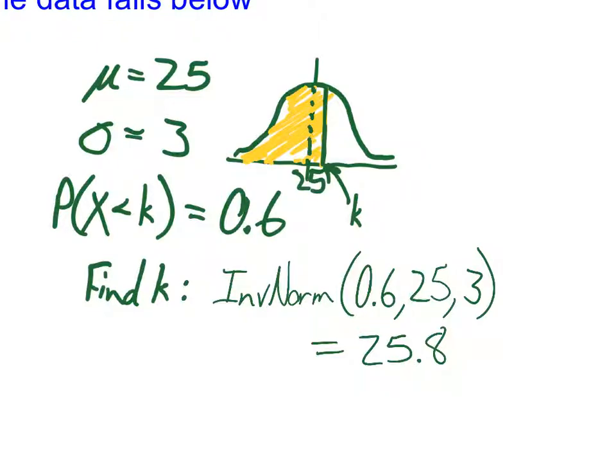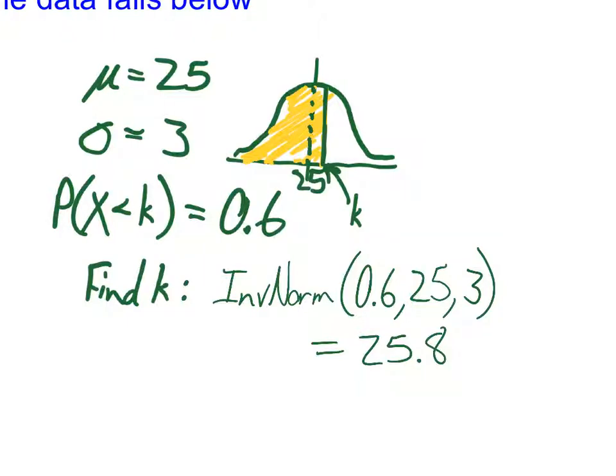That's where those general percentages that we looked at are very helpful to make sure these answers make sense. So k is a score. It's a point on the distribution. So what if this were